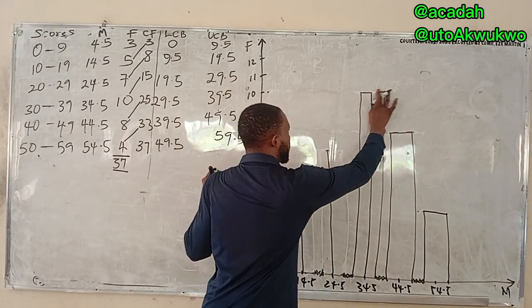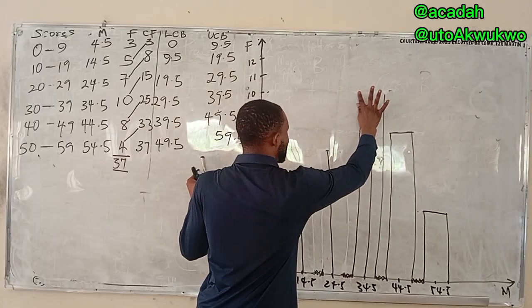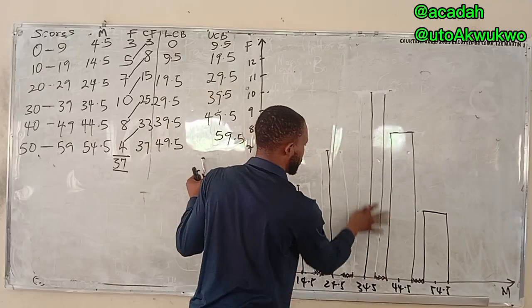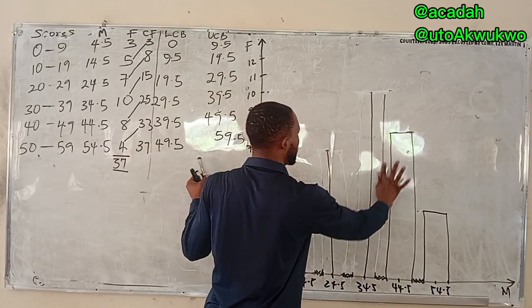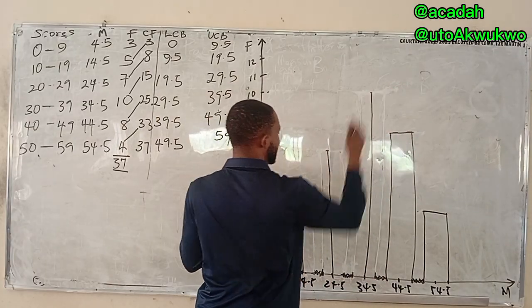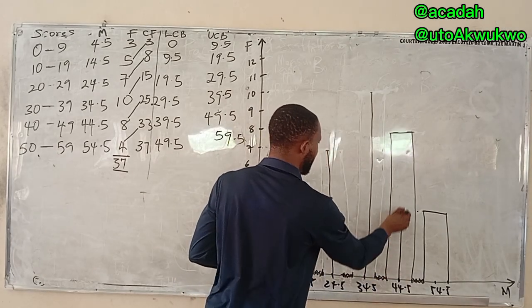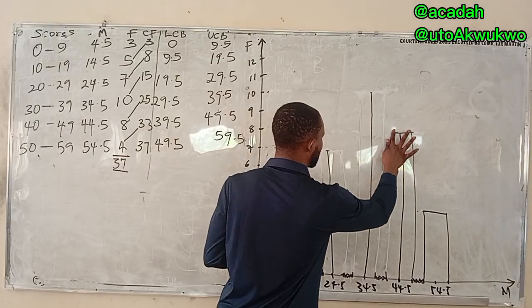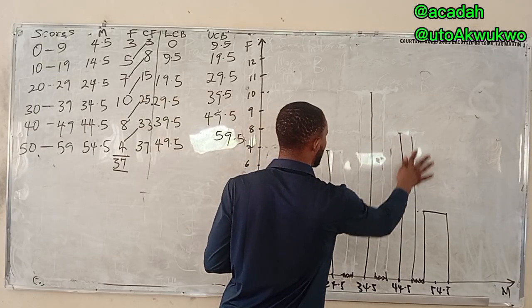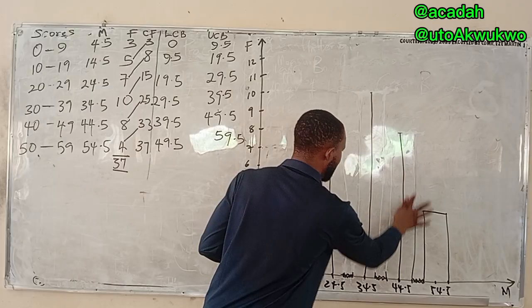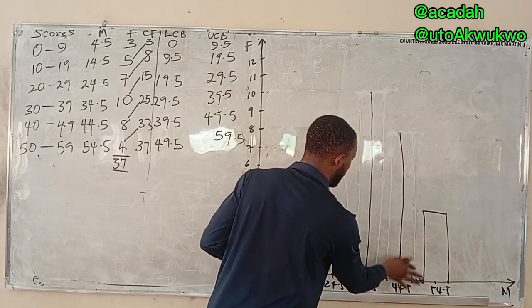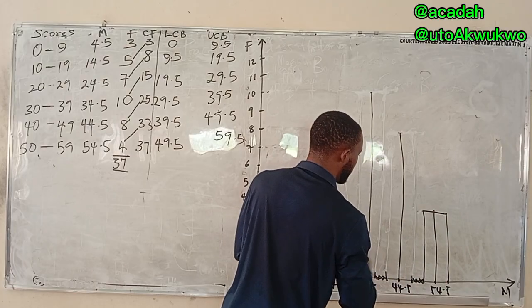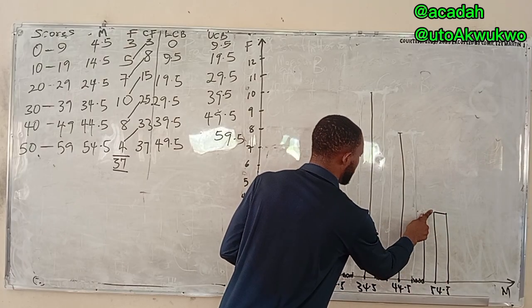So the only difference between line graph and bar chart is that line graph does not have thickness. It's just a line projected from the midpoint, while bar chart does have the thickness. But the two are the same. So you draw a line graph from a bar chart because you need to know that the line graph will always have spacing. Unlike the other rectangle or block displays, it's only the histogram that does not have spacing. So if I project this center up to that frequency, remove the thickness.